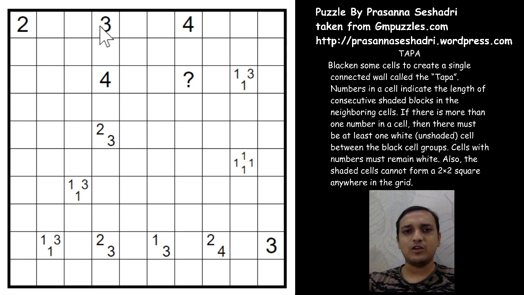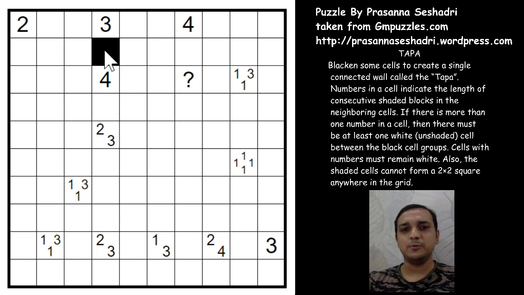Same way you have to see for 3. So you usually have to count the number of cells that are remaining. For example, if you have 3 and you have 5 cells, and you have to shade 3 continuous cells, from here if you count 1 2 3 or 1 2 3, this cell will surely be shaded. So for example, for 4, these 3 cells will be shaded, right?